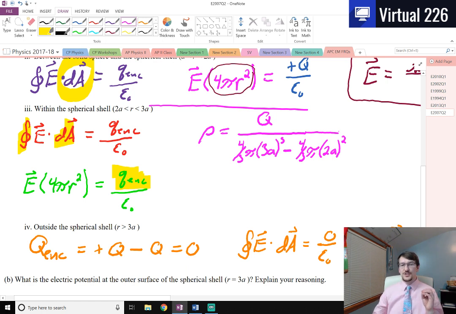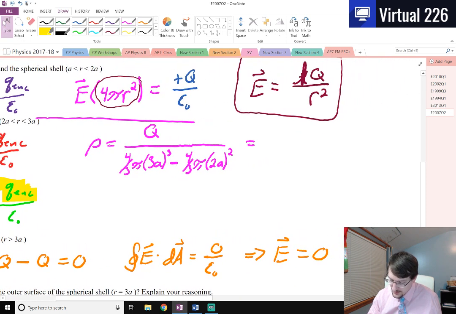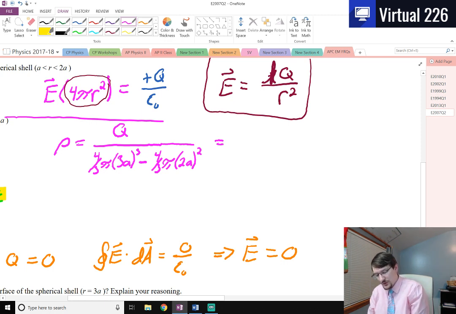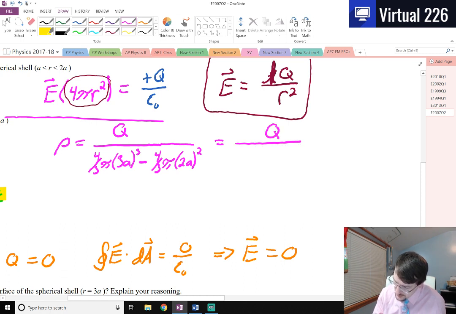So that is the charge density. And if we clean this up, these numbers are not going to be pretty, but if we clean this up, that's 3 cubed is 9, 9 and 4 is 36, 2 cubed is 4, 4 and 4 is 16, divided by 3 on each of them. We're going to get, there we go. We're going to get Q over, and then let's keep the 4/3